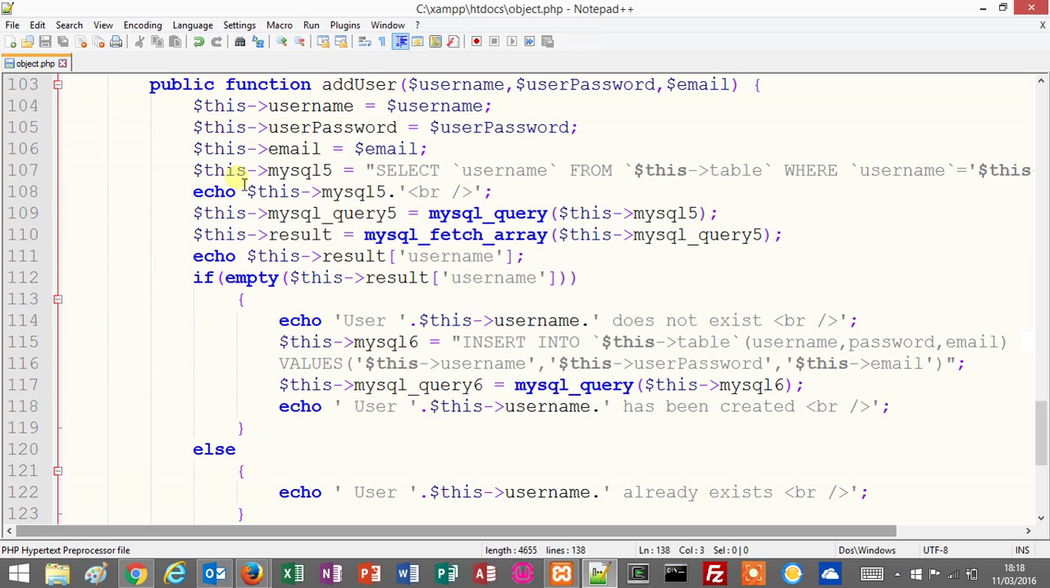So here we're saying this MySQL 5 equals select username from this table where the username equals this username, i.e. the username that we're trying to add doesn't already exist in the table. So that now we're echoing this query out, but then we're actually executing this query here. We're saying this MySQL query 5 equals MySQL query, and then we're passing this query through the MySQL query method, and then we're saying